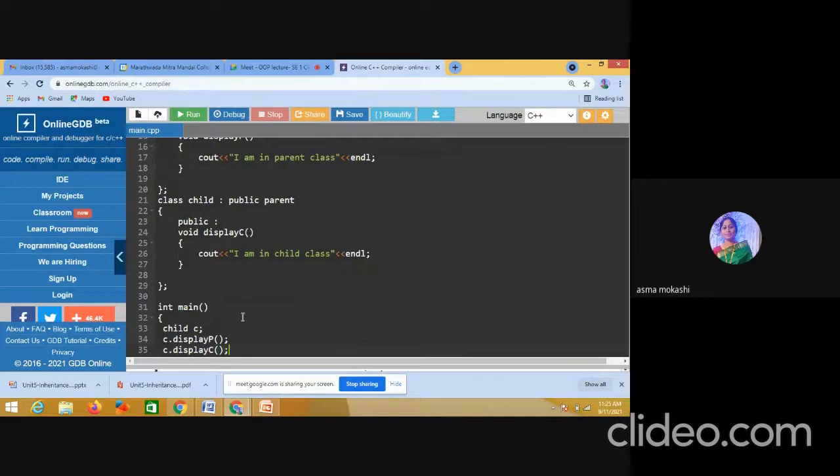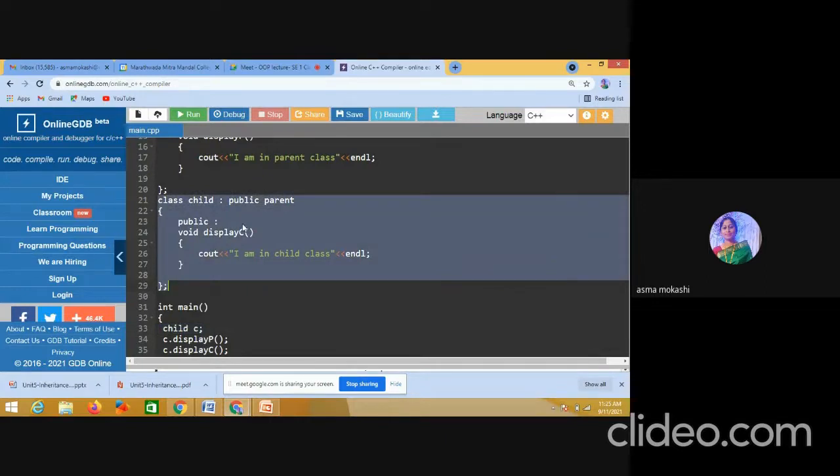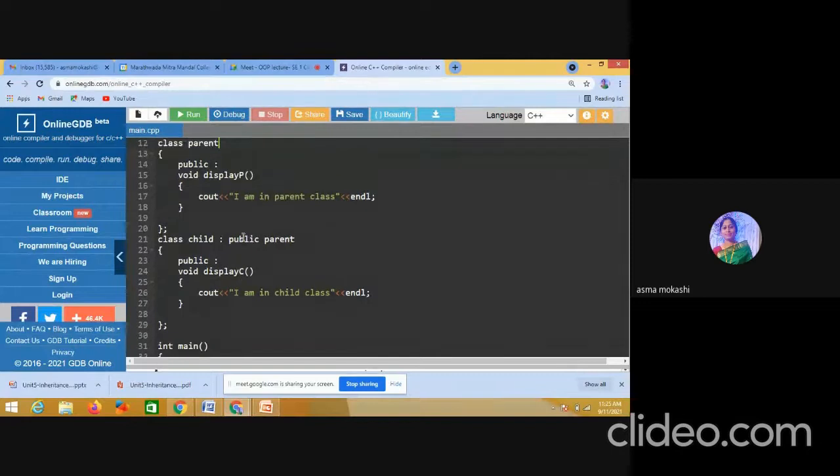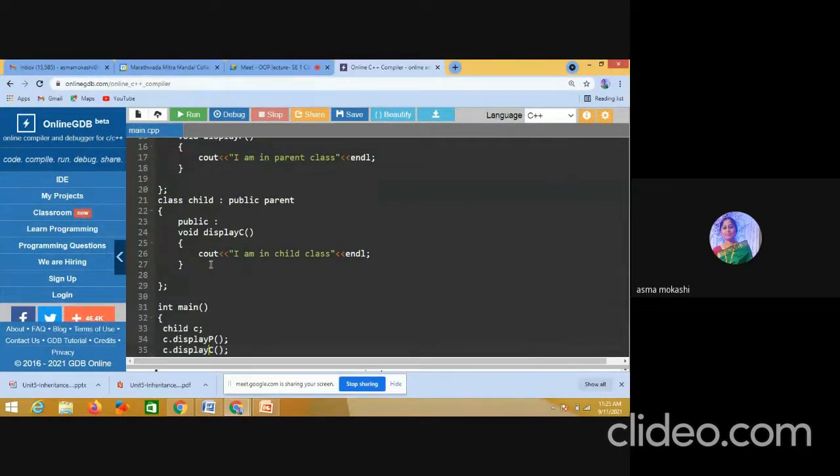So what exactly is happening here, students? I have to create the object of the derived class only. Using this derived class, I am able to access the property from the base class. The property here is the method displayP, and I am accessing it using its object. C is an object of the child class, but it is accessing the displayP method from the parent class.